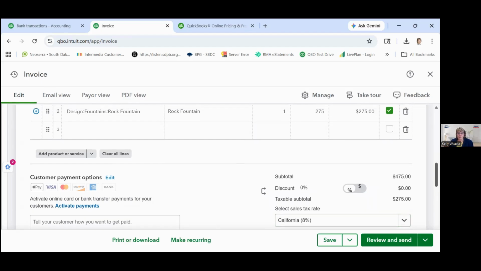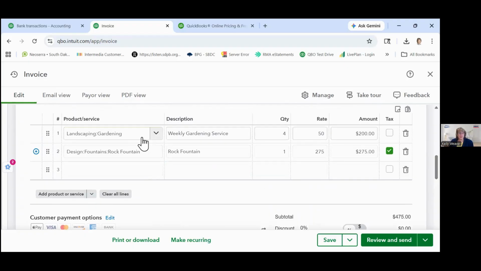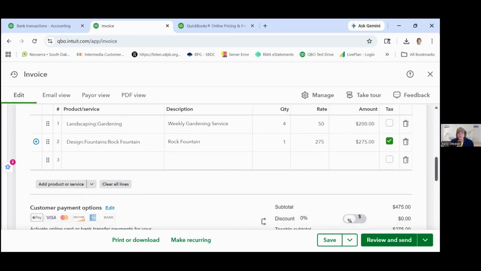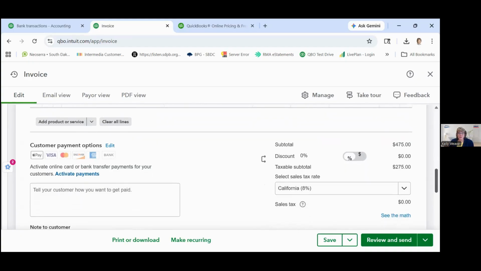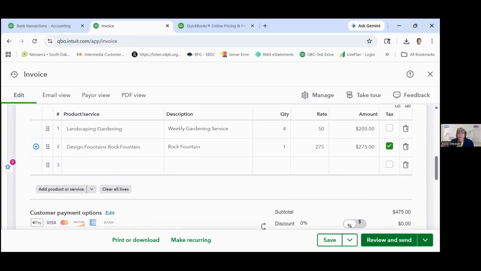So just a reminder that sales tax in South Dakota is charged based on the location of where the customer received the services. So in this case, I'm providing the services at the customer's location, so that rate should be indicative of where that customer lives, not where my business is located. So just keep that in mind. So it knows what the rate is, and it also knows what's taxable. So it should be showing a tax on $275, but not on the 200.